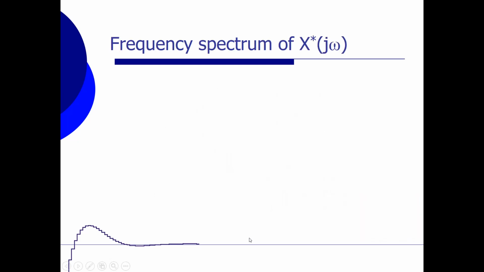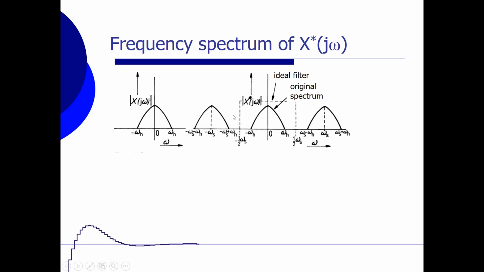Well, let's have another view of this problem. Let's look from a frequency point of view. So I'm going to look in the frequency domain at the spectrum of a signal. So suppose this is my signal in the frequency domain, which could be my voice or something like that. And my maximum frequency is omega h over here. And we have also a negative omega h because of the math to get this picture over here. And we're going to sample this signal, and what happens is the following.